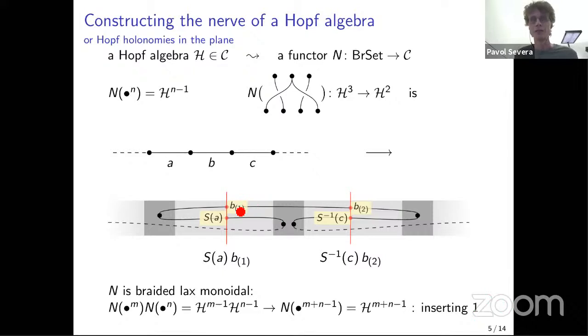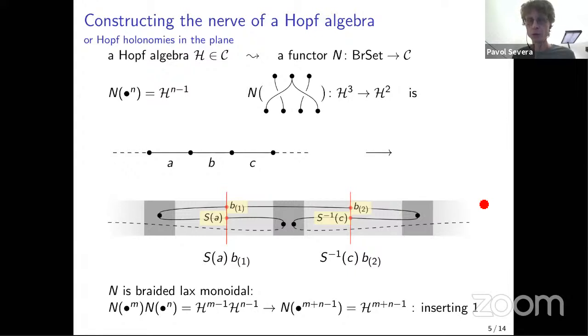In the end, one can say that all that is drawn here is that basically the coproduct is done horizontally, product is done vertically, and one needs to count the number of antipodes and be careful about it. That's all. So it's maybe a nice game, but let's not forget that we want to quantize Poisson Hopf algebras. So the next thing that we should do, we should find the same kind of theorem, this theorem about nerves being equivalent to Hopf algebras, either commutative or non-commutative, but now for Poisson Hopf algebras.